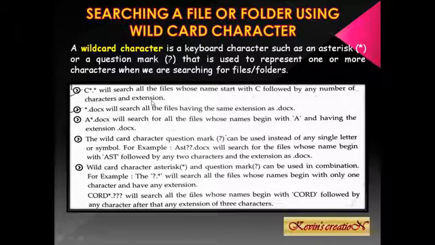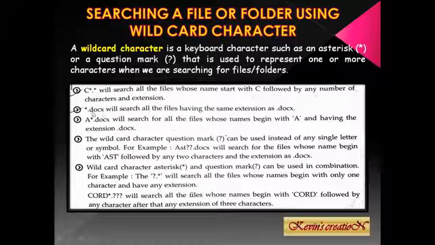For example, doc, jpeg, all these are extensions. So it could be any extension, but the file should start with C. We are looking for the file which starts with C. Next one is asterisk dot docs. Here we are looking for files with the docs extension.